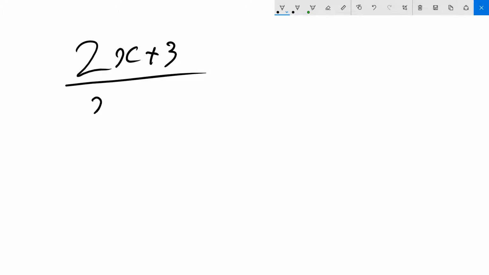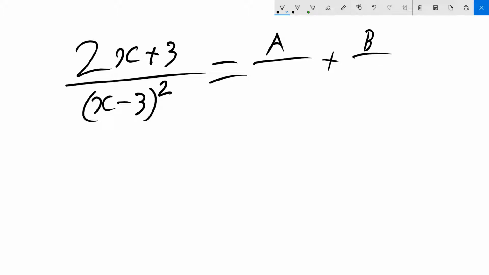Okay, hello, and today we're going to be talking about partial fractions, but today we're going to be looking at the second type. So this second type has to do with a different denominator than what we looked at last video. So we're looking at something that's squared at the bottom here. So what happens when we go to split it is it's still going to be A plus B over something,